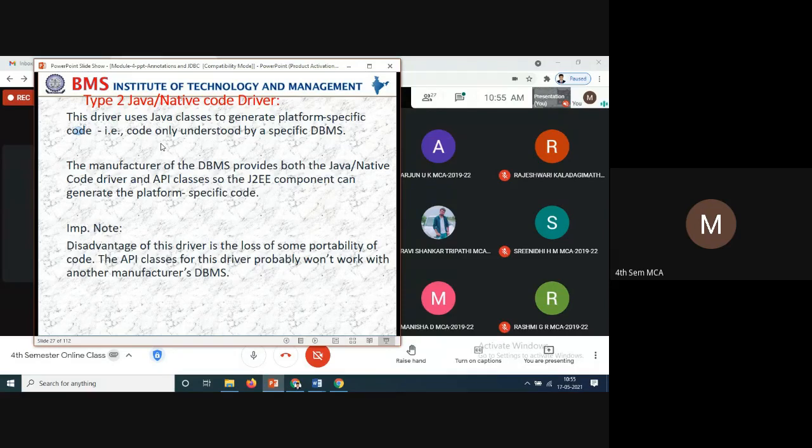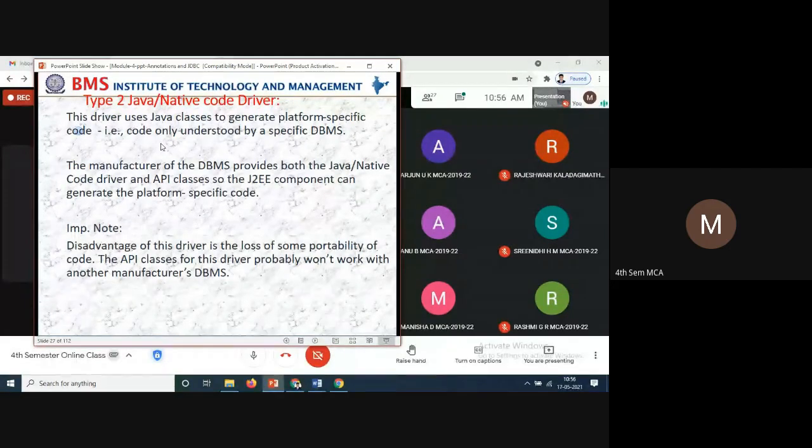What I told you: this driver uses Java classes to generate the platform. It will be creating the platform for us to write the specific code. The code is only understood by the specific DBMS. The manufacturer of the DBMS provides both Java and native code drivers, so either Java or native code drivers and API classes.